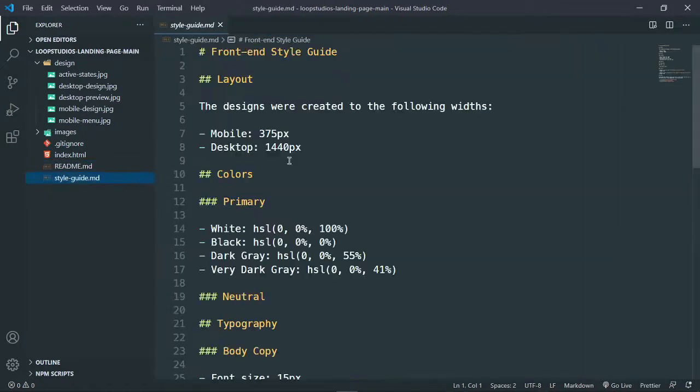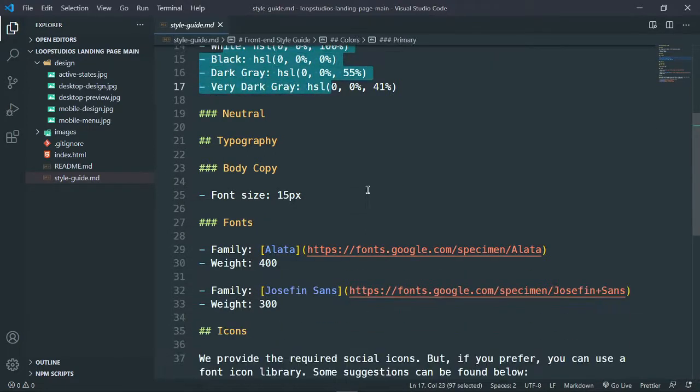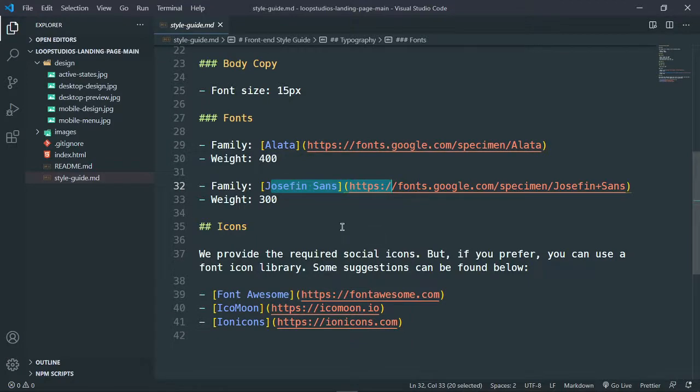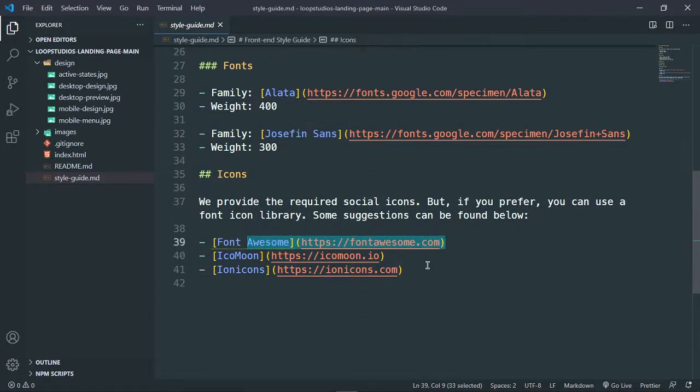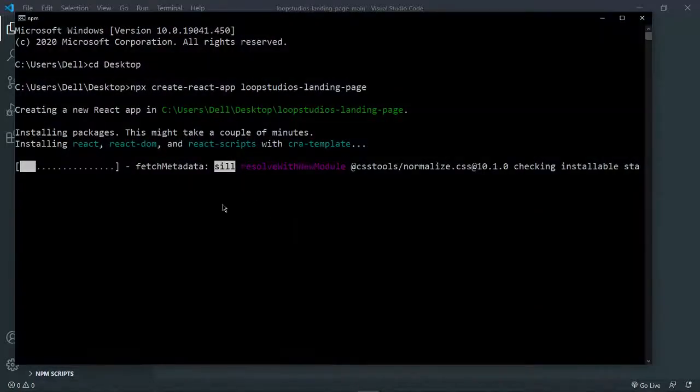And then finally we have the style guide, where the designs are created for 375 pixels for mobile and 1440 for desktop. And then we have the primary colors, and then we have the fonts right there. And then finally the Font Awesome icons, but I'm going to use React icons instead because I find them much easier to use. Okay, so I'm just going to let this run, and then once it finishes we will continue